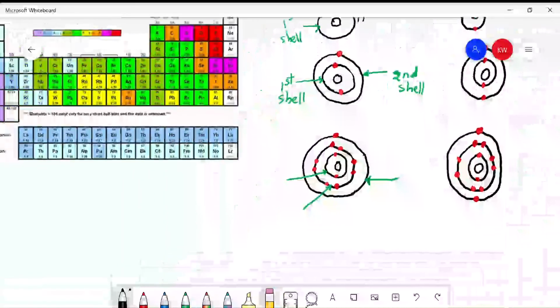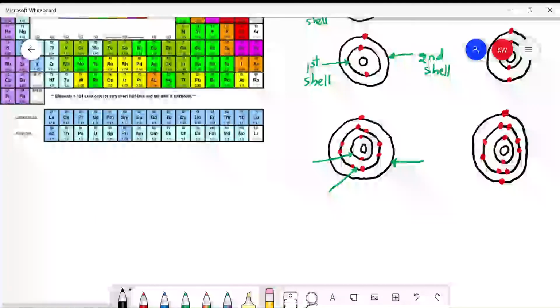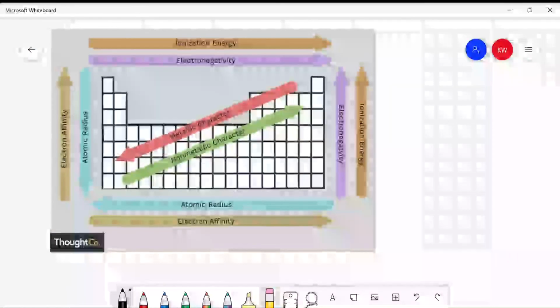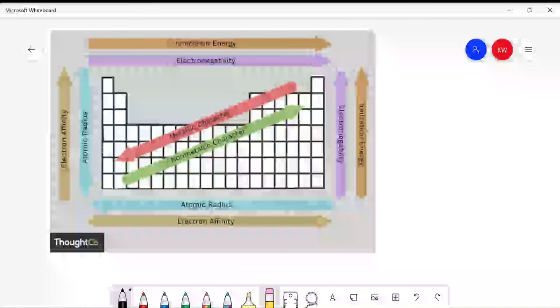So let's look at atomic radius. So as we're moving from left to right across the period, let's look at this diagram here. So as we move from left to right,